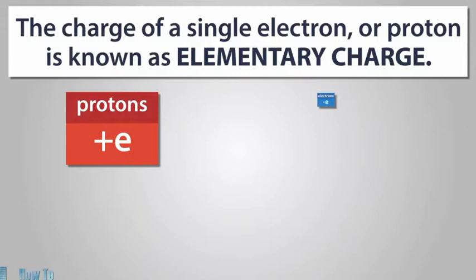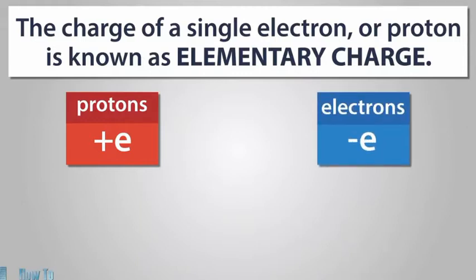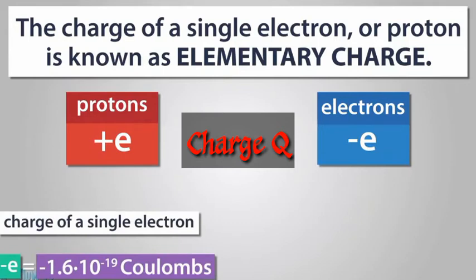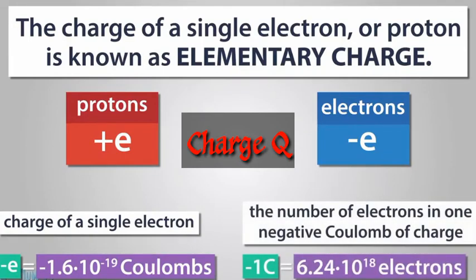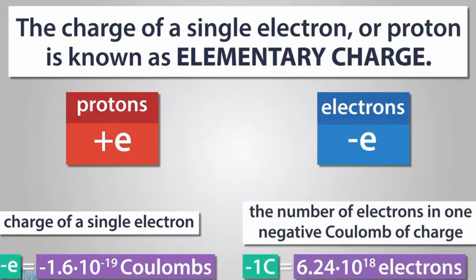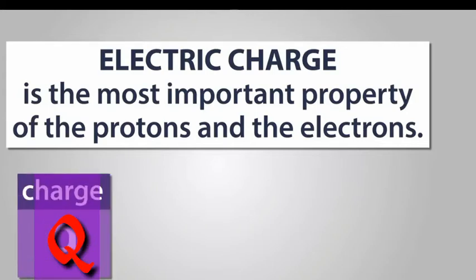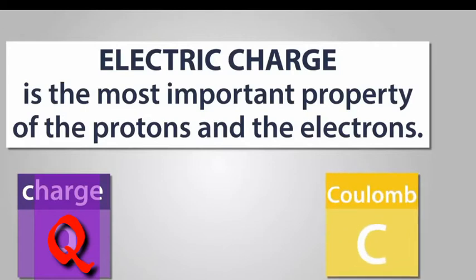And the electric charge is normally represented with the capital letter Q. Then the unit of electric charge is considered as coulomb. The unit of electric charge is coulomb, and it is represented with the capital letter C. The amount of electric charge is represented with the capital letter Q. So, charge means it is an inherent property of a particle.